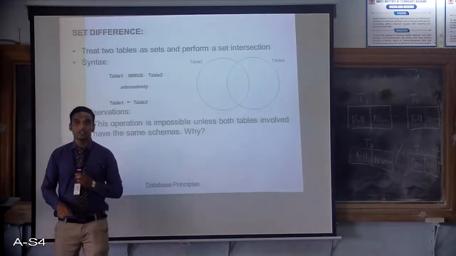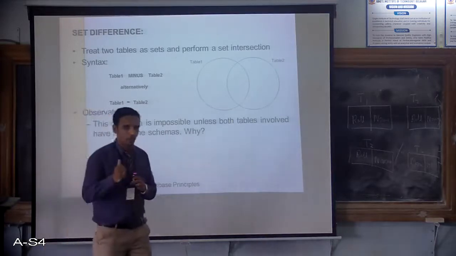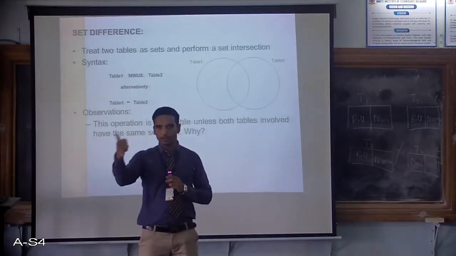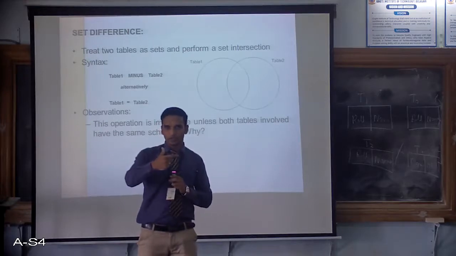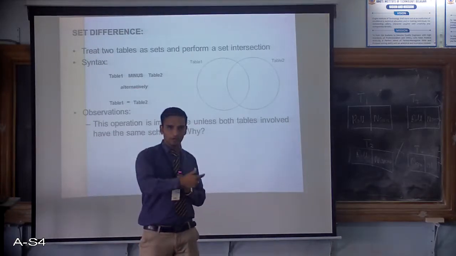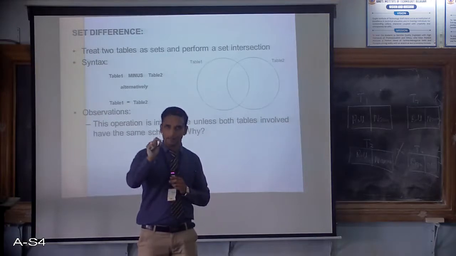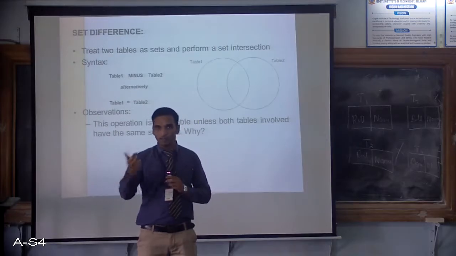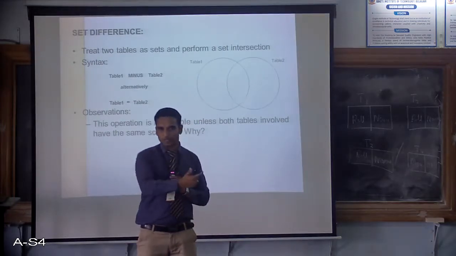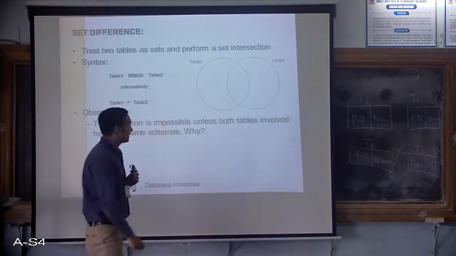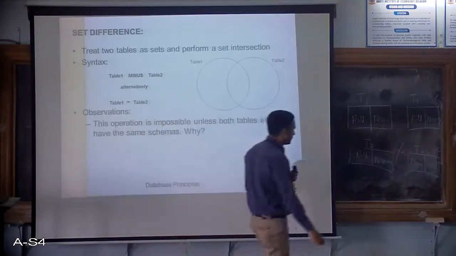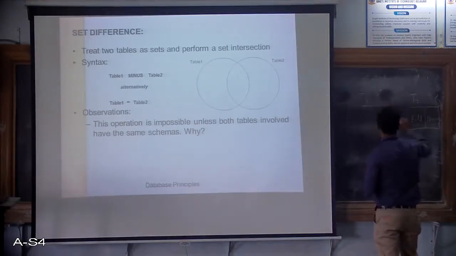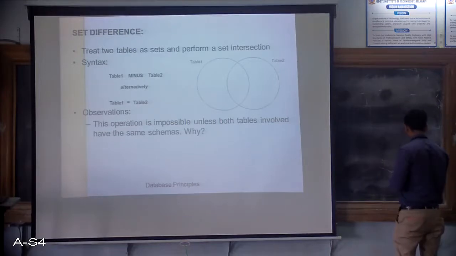And the last one is set difference. Please remember, we are studying set theory operations in relational algebra. The first one is Cartesian product, which is nothing but A cross B. Next one is union, which selects the rows from table 1 as well as table 2, and common elements are displayed only once. Next is intersection, which means that of table 1 and table 2, only common elements from both the tables are displayed. And the last one is set difference. Again the same concept works on set difference also. When you are working on set difference, both tables should have the same naming convention.